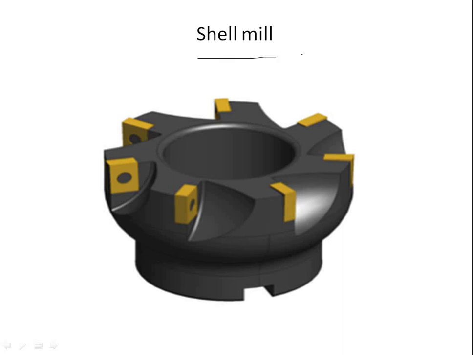Okay, lastly in today's session we'll be discussing the shell mill. A shell mill is any of various milling cutters whose construction takes a modular form, with the shank or the arbor made separately from the body of the cutter, which is called the shell, and attaches to the shank via any of several standardized joining methods.